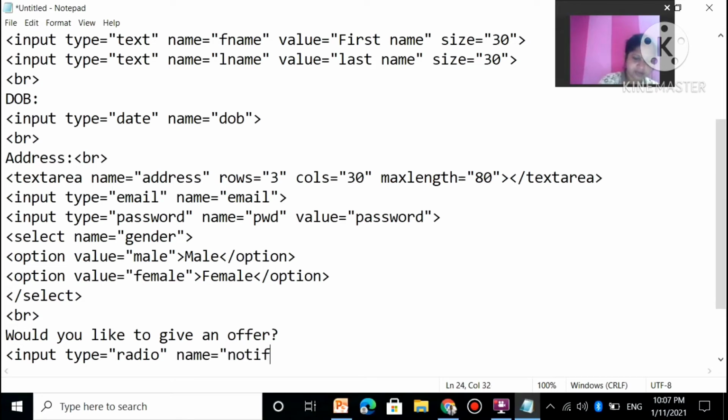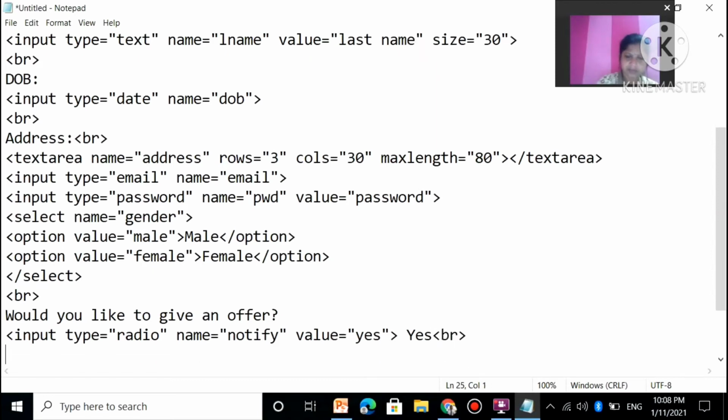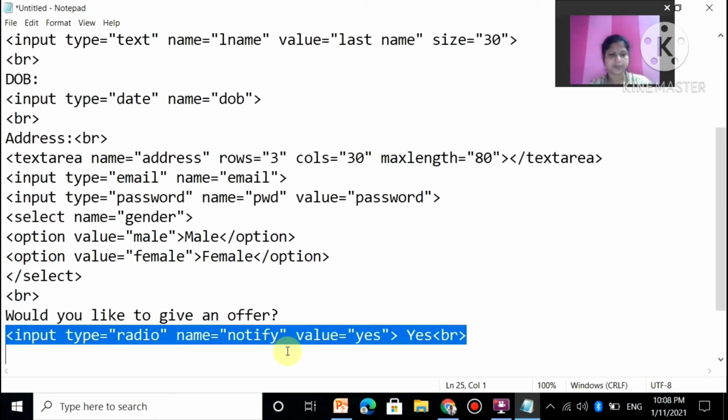Anything. Same for no. So copy and paste.